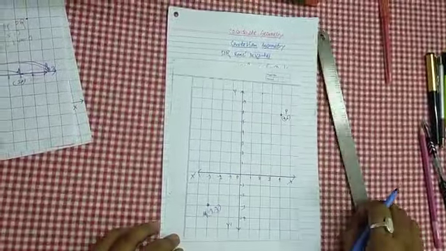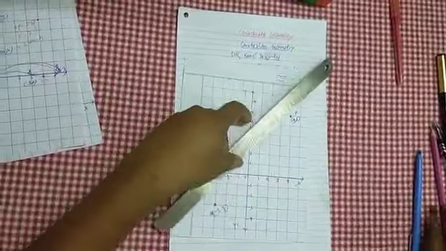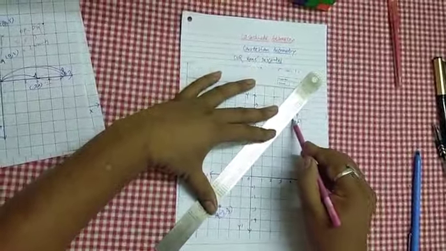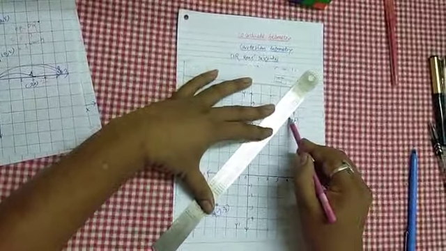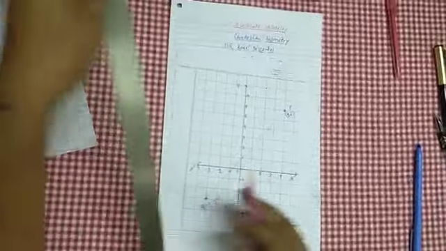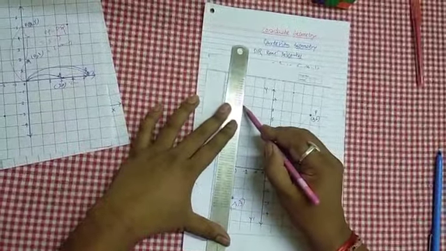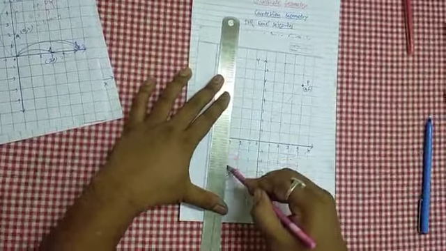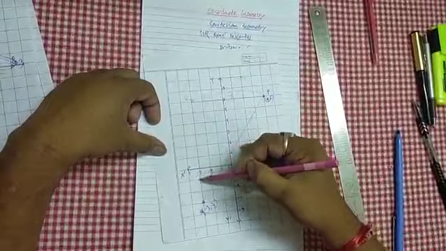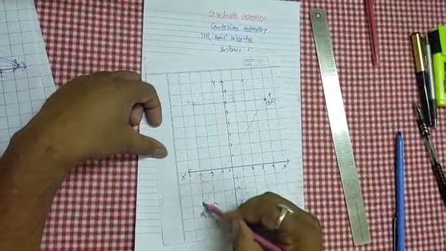Now how do we find the distance between these points? Suppose I join these two points. I've joined PQ. Now I will draw perpendiculars. From here I've drawn a perpendicular, and a perpendicular here too. Suppose these two meet at R. Clear? Now clearly this is 4 units and this is 3 units, so PR is 7 units. Now this is 6 units and this is 3 units, so QR is 9 units.